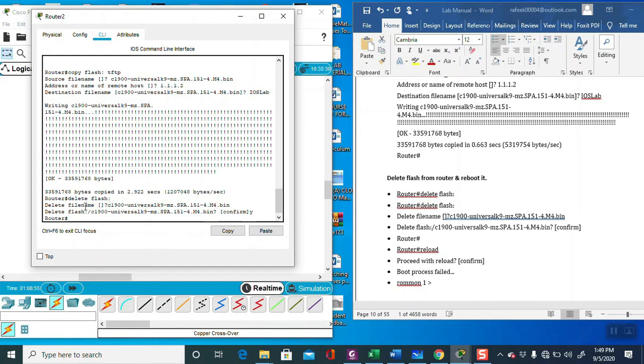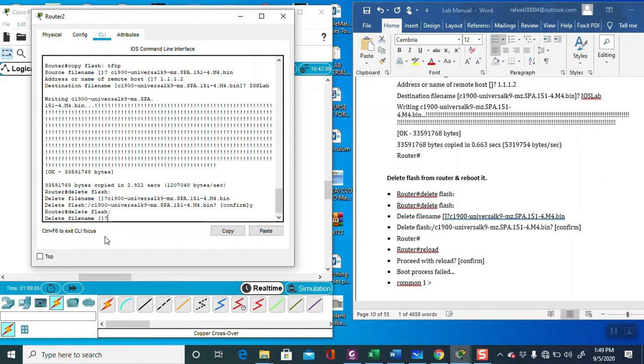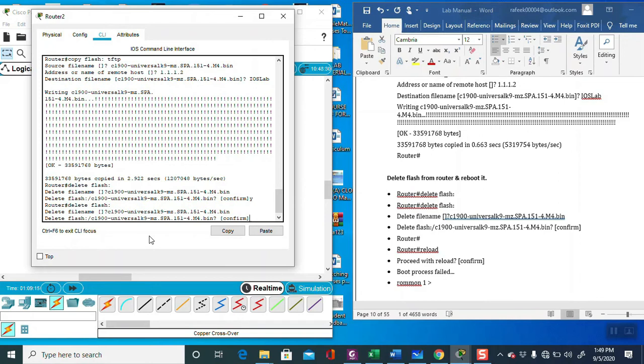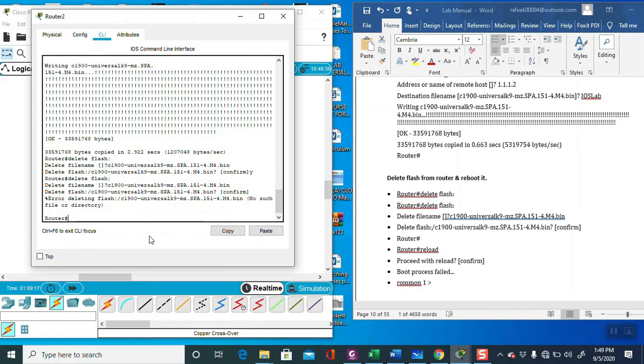Or maybe if you have not finished this, then again you can copy and paste the same command and press enter. It is asking again to confirm, so again press enter. The file is already deleted, so that's why it is showing the error confirm deleting file, because we have already deleted it. So there are two ways you can delete: put a Y or just press enter.